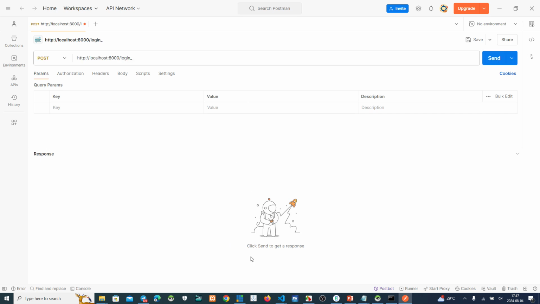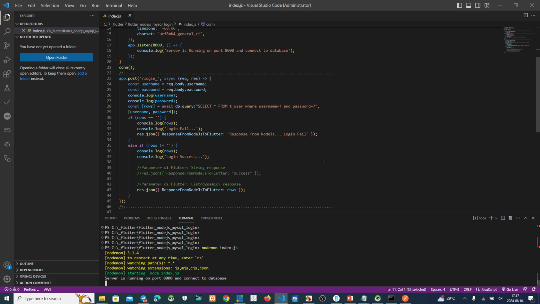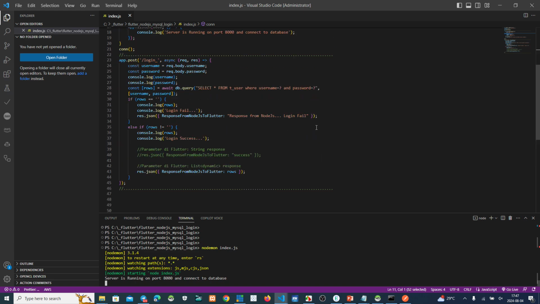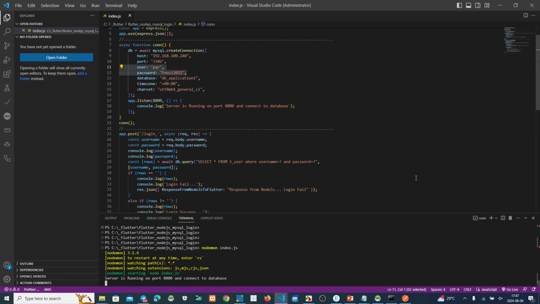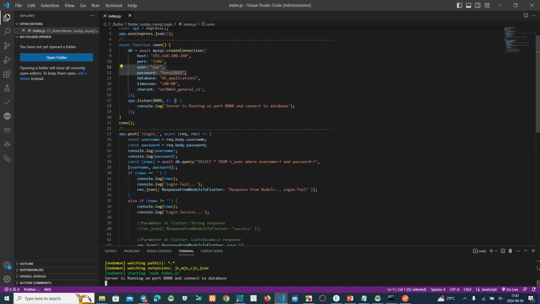Okay, we use this one. For my server, the port number is 8000.